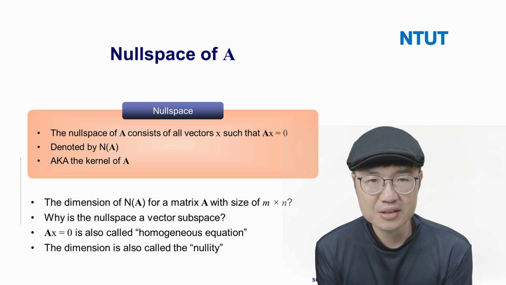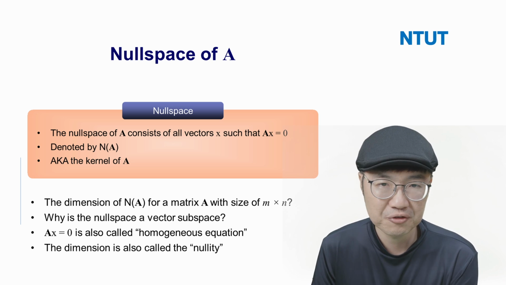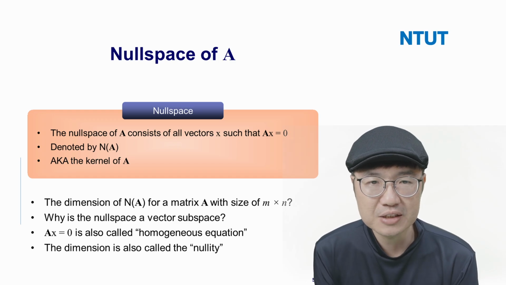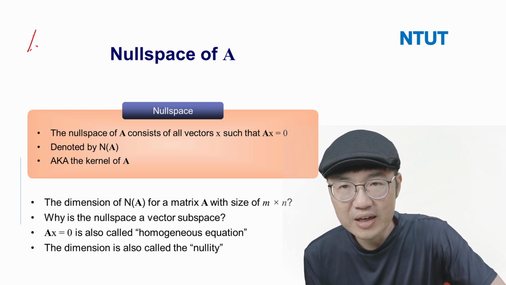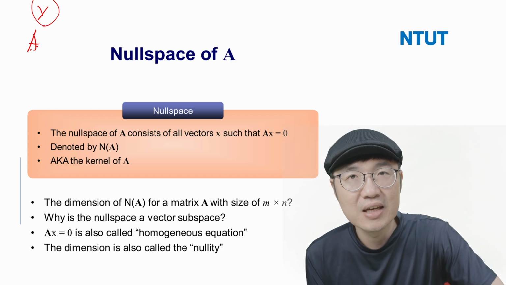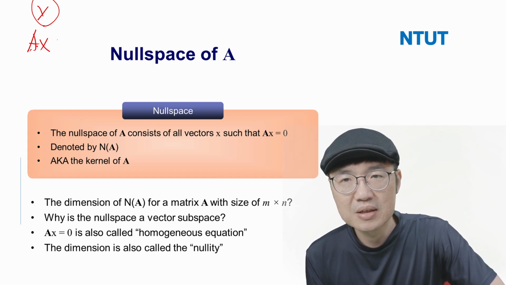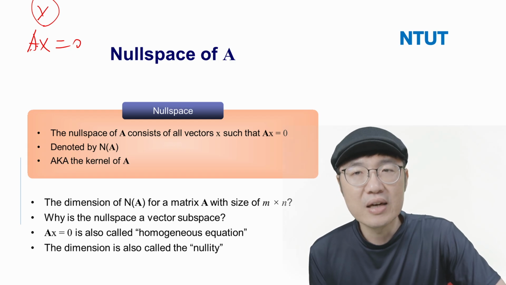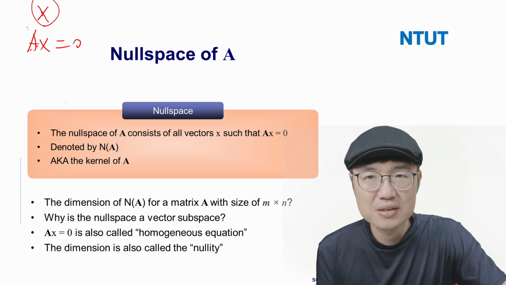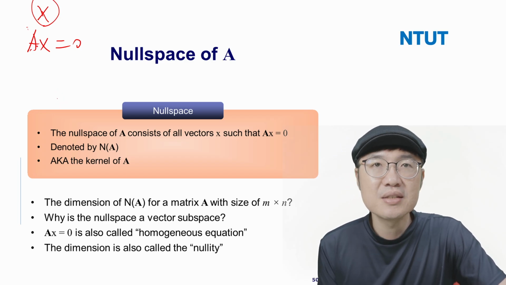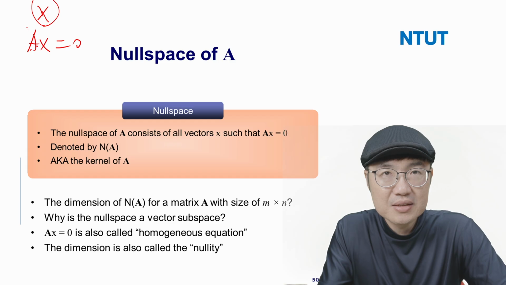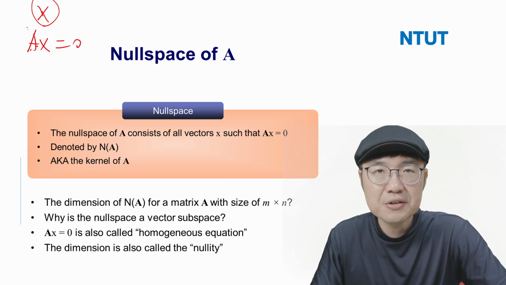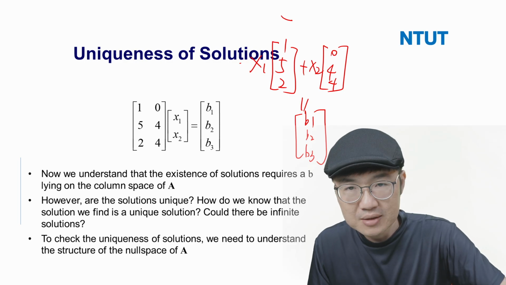The column space is defined by the linear combination of vectors, but the null space of A is defined by a constraint. The null space of A concerns the X that makes AX be 0. The X that can make AX be 0 is called the null space. This further tells us the number of entries for vectors in null space and that in column space is already different. Because if A is n by n, like the case here,